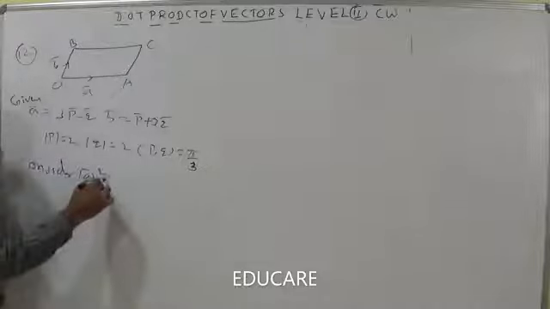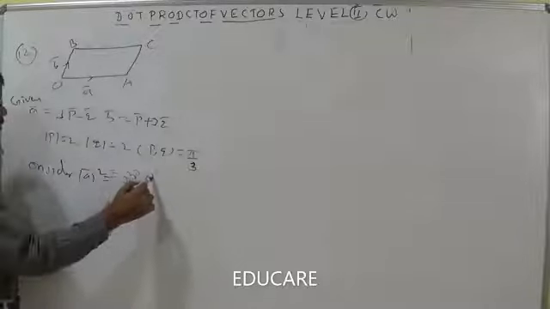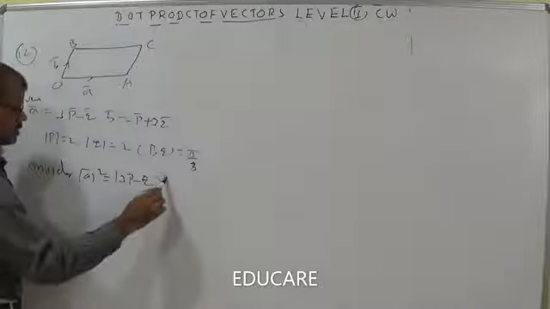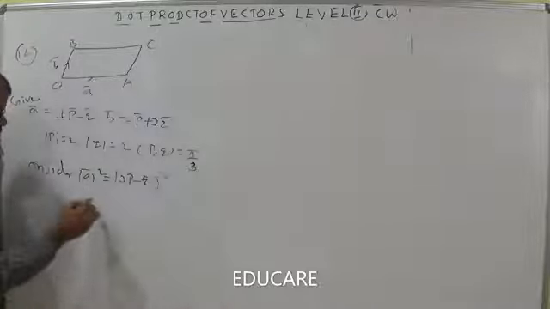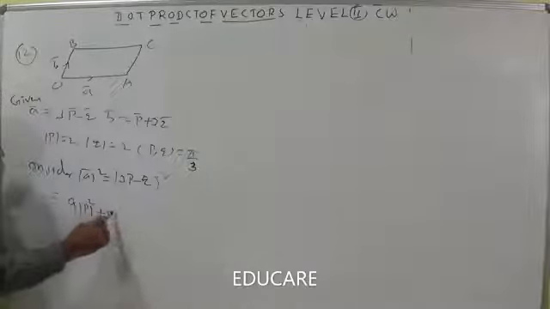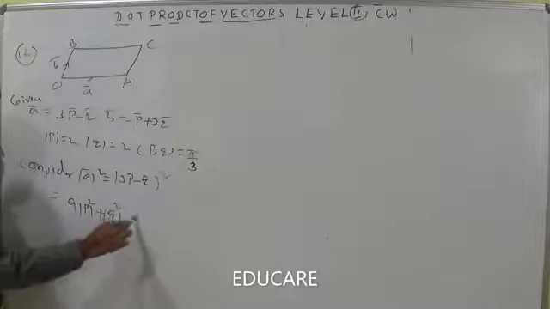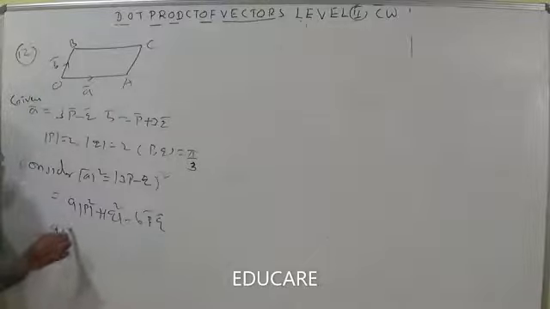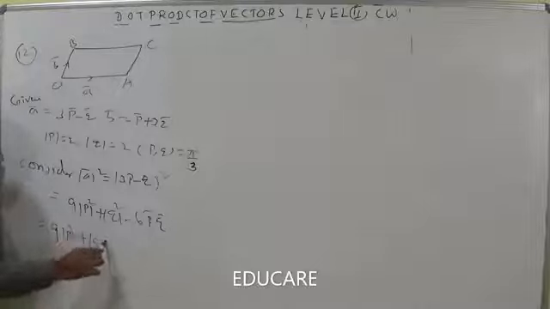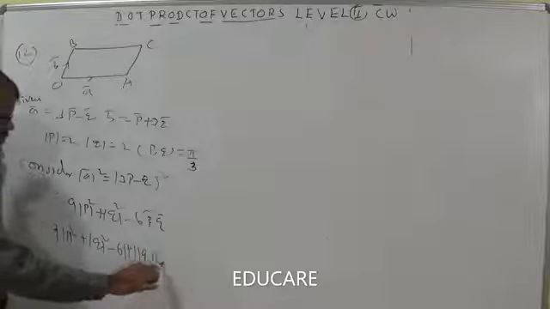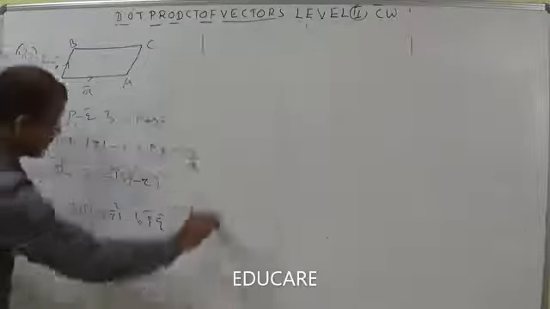Consider A bar square. You write 3P minus Q whole square. What is the value of 3P minus Q whole square? Here you can write 9P square plus Q square minus 6P dot Q, that is equal to 9P square plus Q square minus 6 mod P into mod Q into cos theta, the angle between the vectors